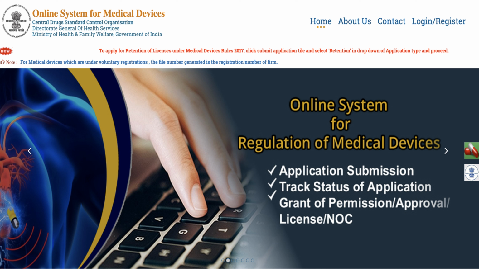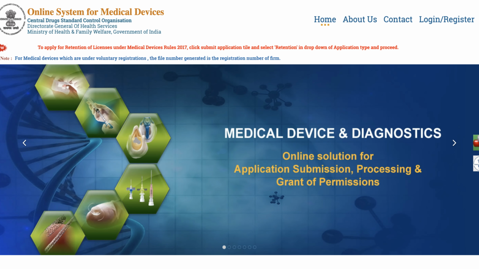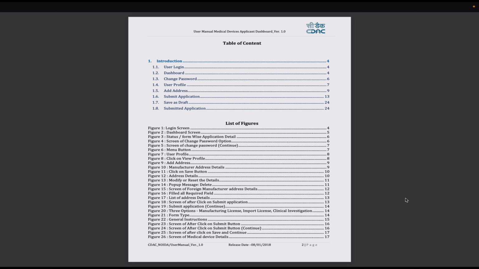So come friends, let's go deep into this lecture and go through each page of this manual. So this manual basically comprises of total 26 pages. So the second page tells you what are the contents which are there inside this manual. So the content mainly comprises of the user login, the dashboard, how to change the password, how to access the user information who are registered in this portal, which is specific for the manufacturer,